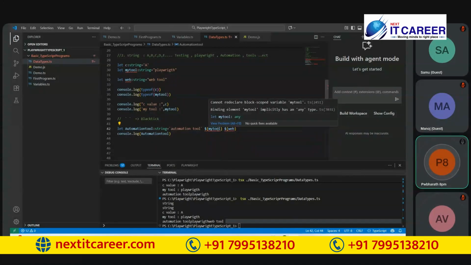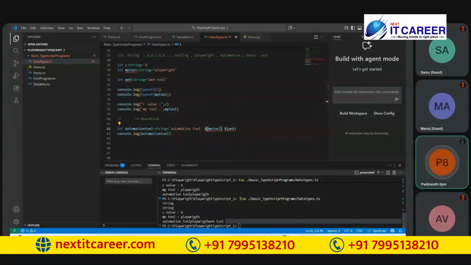Declare the block code variable my tool. Finding elements, my implicit has any data? No, it is also a string. So see this. As of now, this is the way we concatenate the two strings. Okay, nothing, dollar is enough. See, if I'm supposed to execute it,